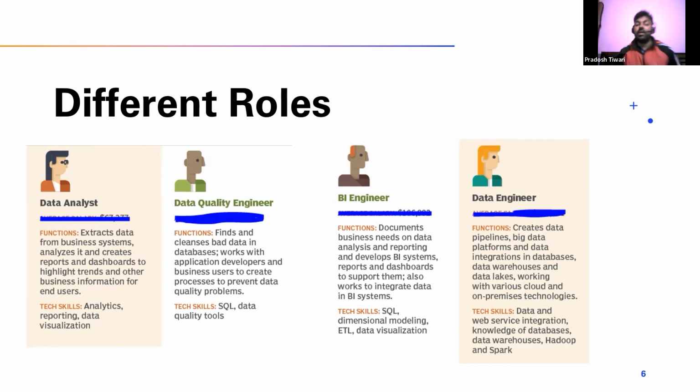Data quality engineers look into data, because there could be so many systems that can send wrong data to us, so it's difficult to measure the quality. So that's how the data quality engineer comes in. They try to prevent data quality related issues, and they also use a similar set of technologies like SQL, data quality tools,